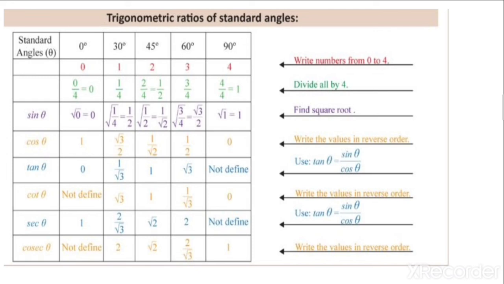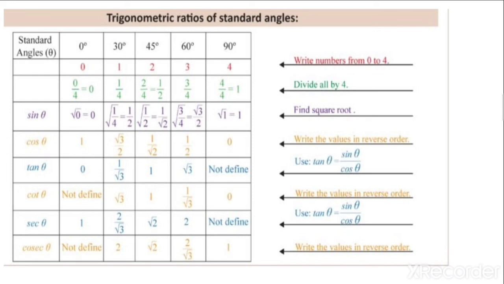Now tan we know very well that it is equals to sine by cos. The division value of sine by cos is equal to tan. Already we have discussed this in our video. So just what you do, you divide what is there on the top. So on the top it's written 0 and then 1. So 0 by 1, 0. 1 by 2 divided by root 3 by 2. What will come? 2 got cancelled, 1 by root 3.